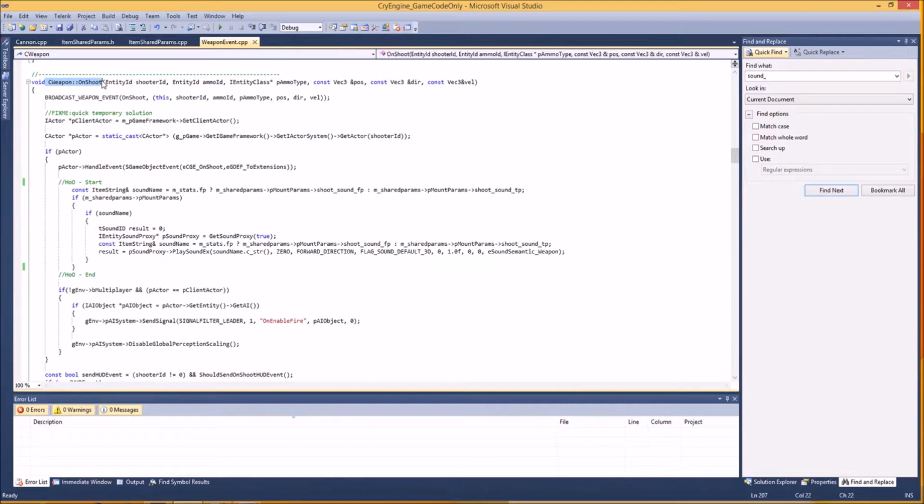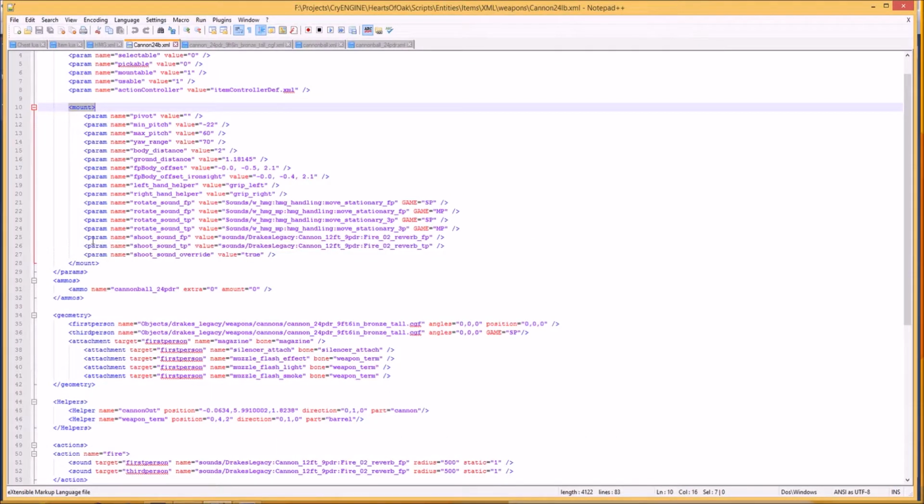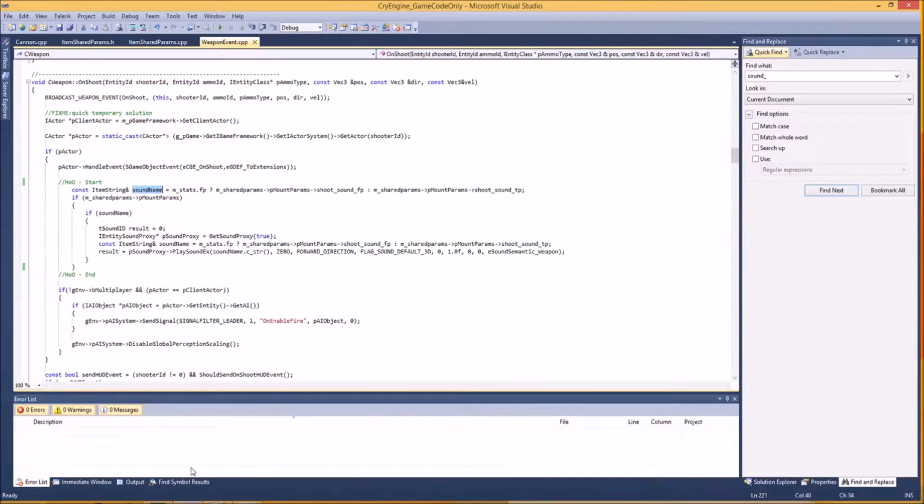This tells you that the weapon was fired. It's going to inherit this. It's going to look and see whether or not you've got a sound name declared inside your XML. And so you can see right here, I've got these two parameters, SoundChute FP and SoundChute TP, and I've defined the two sounds that Woodori provided for the gun. So because those exist, and because we're looking at a mounted weapon, the engine now sees that, yes, we see